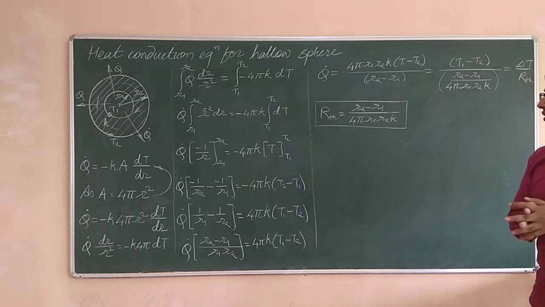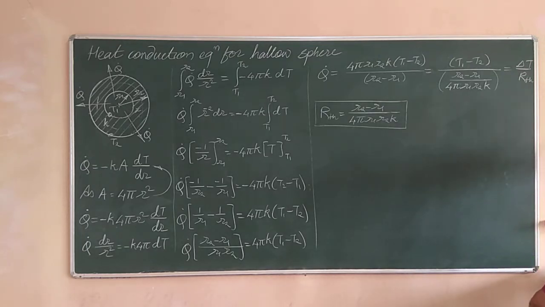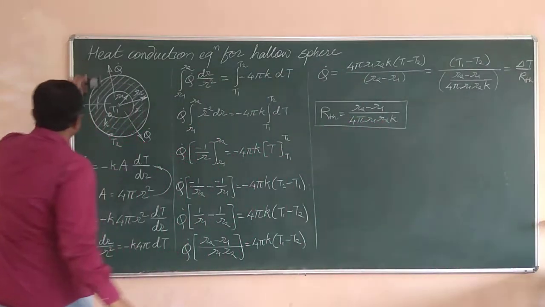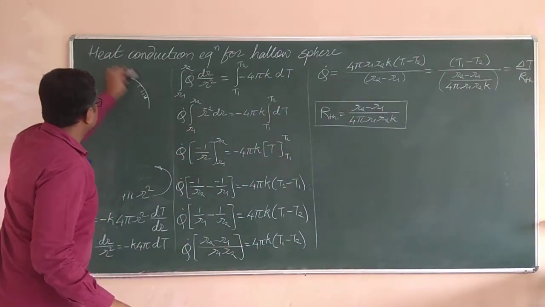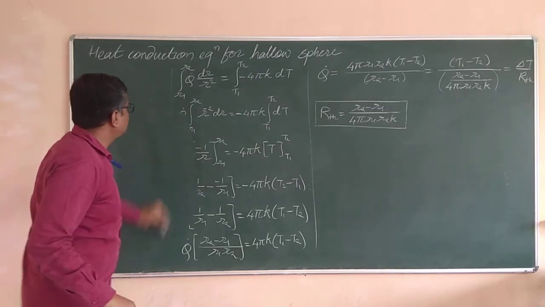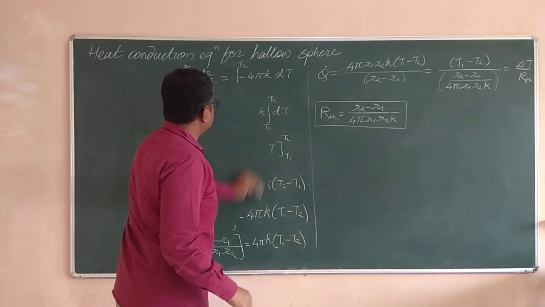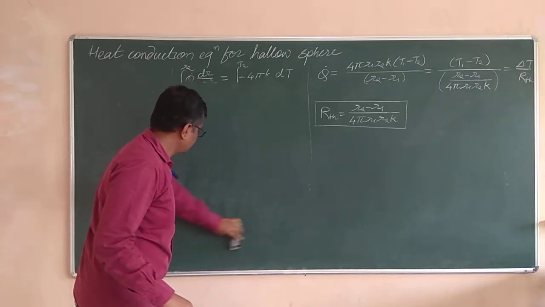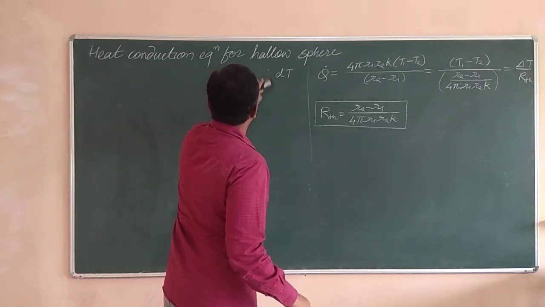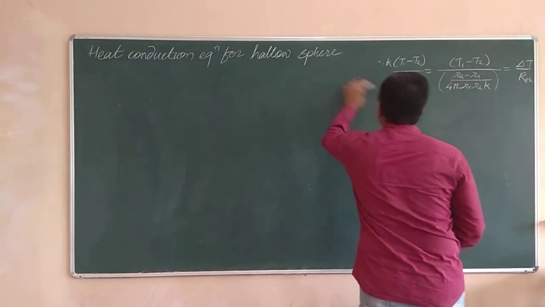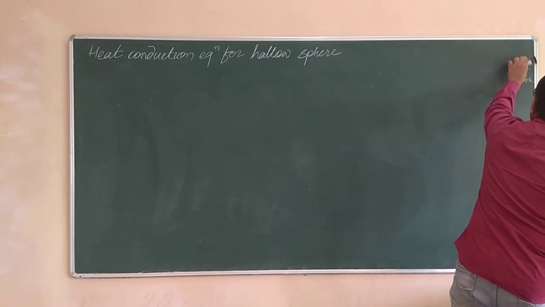So now let us see one more concept. We have seen the electrical analogy. We will see one example based upon this, how the electrical analogy can be used while solving the numericals based upon the heat transfer. And after looking at some of the numericals, or say some of the examples, then we will see a new concept, that is the thermal contact resistance.